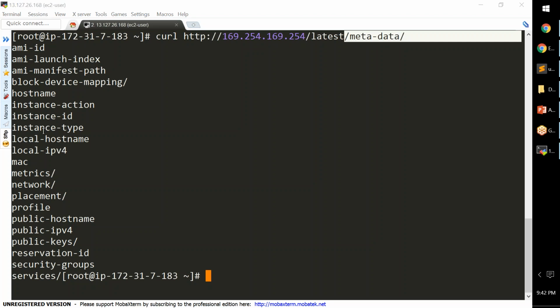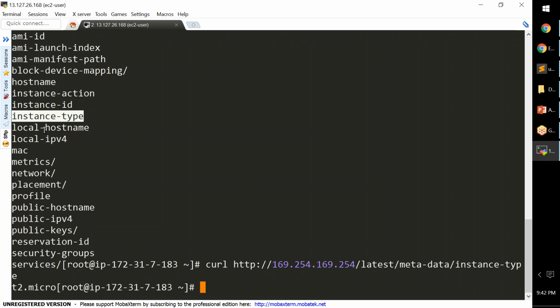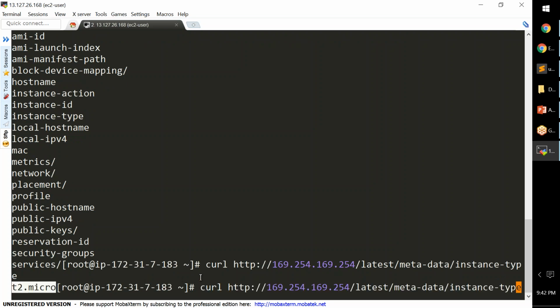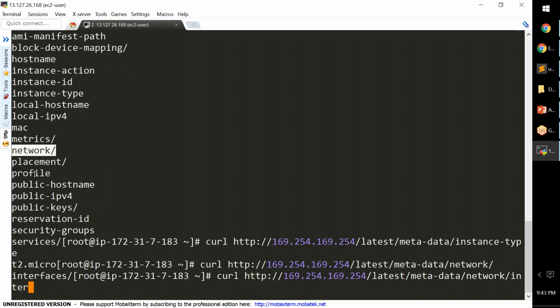So what is the AMI ID, what is the instance type, and what is my public IP address. To query them, I just need to go ahead and choose. Let us say first, let us get the instance type. Okay, that is funny. So here you can see t2.micro, immediately it pops up. If I want to get my public IP address, that is going to be under network. So under network, I should have two options, and it shows me interfaces. So let me type interfaces,